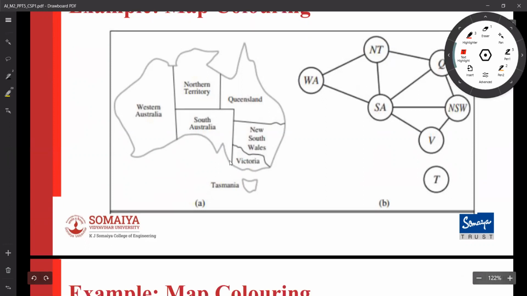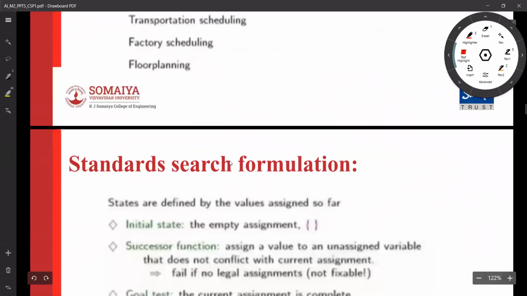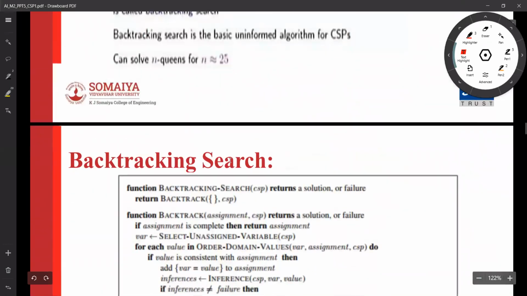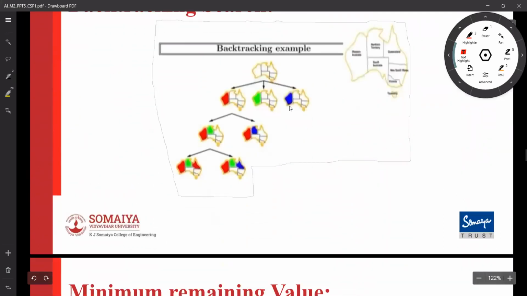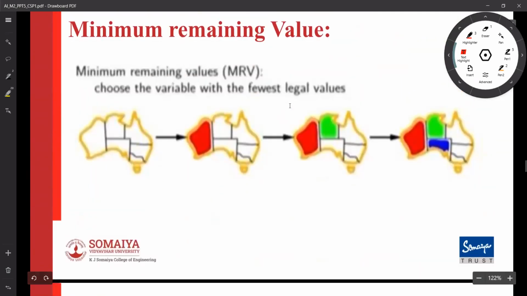So it has more constraints, and we have to start with South Australia first. That gives us the answer to which variable we should assign next. This is the intuition: you can always check which variable has more constraints, and we assign that variable first.